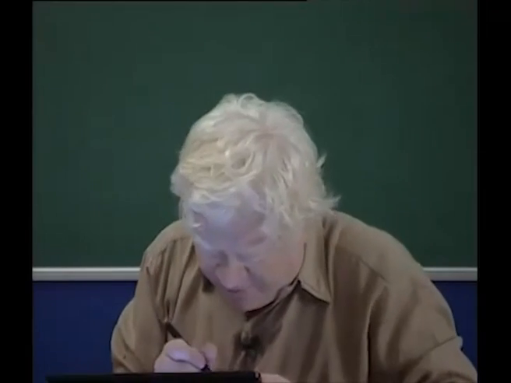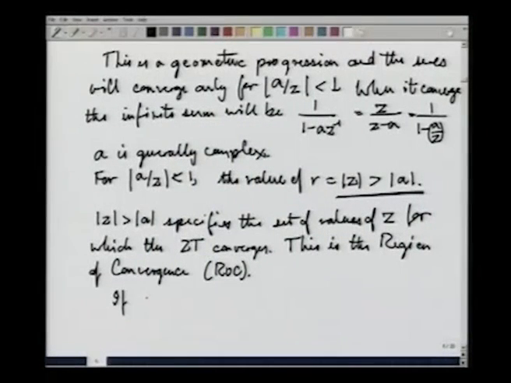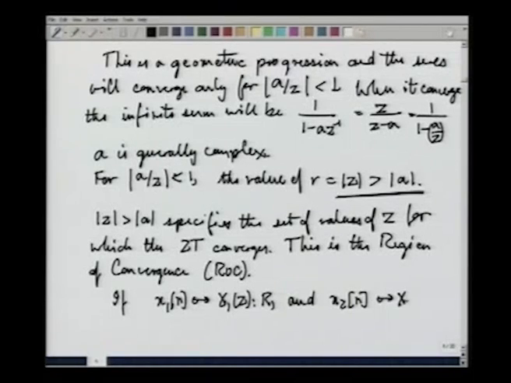That is to say, if x1[n] had a Z transform of X1(z) and an ROC of R1, and x2[n] had a Z transform of X2(z) with an ROC of R2,